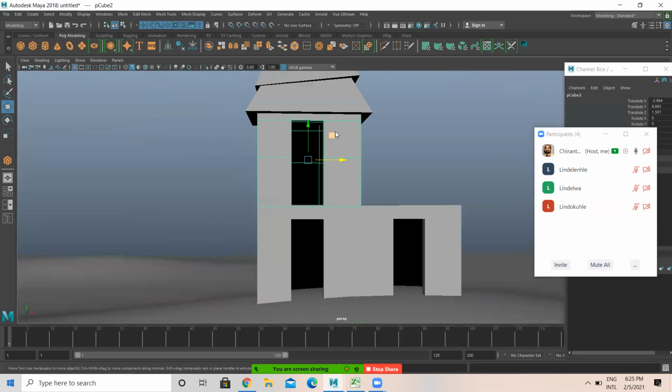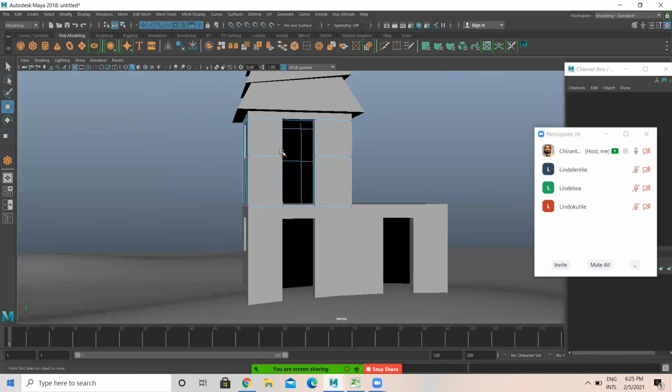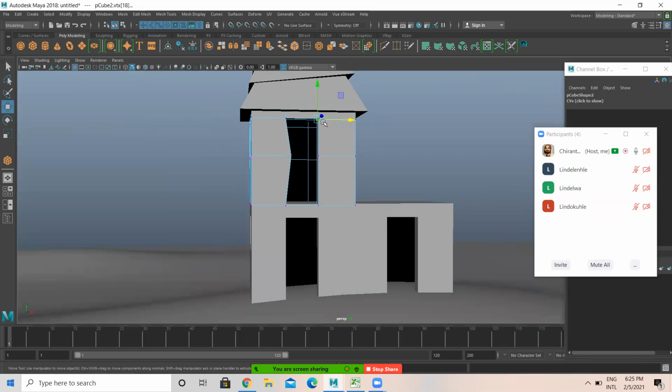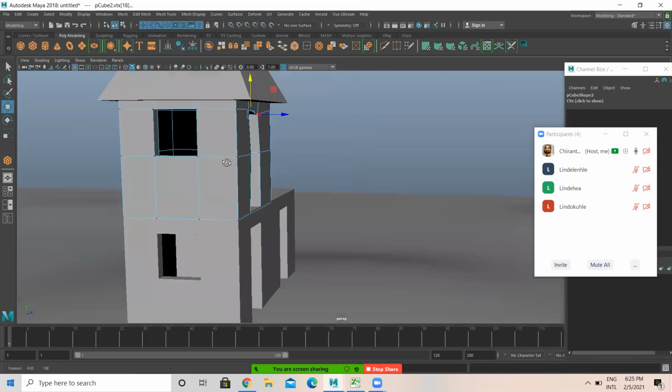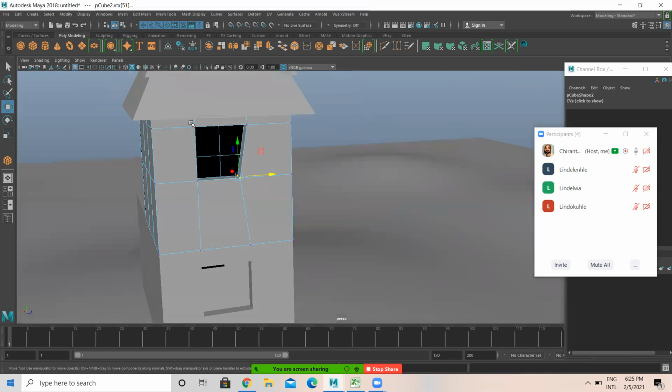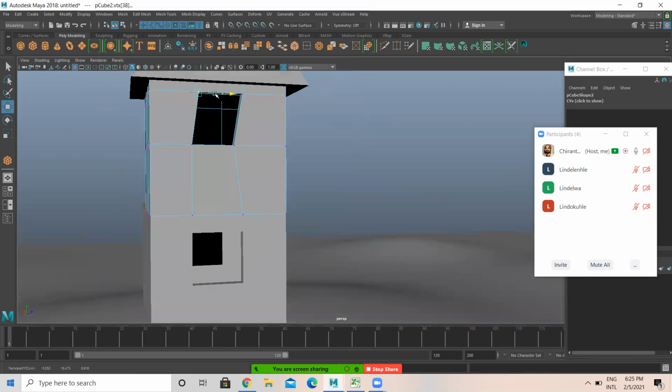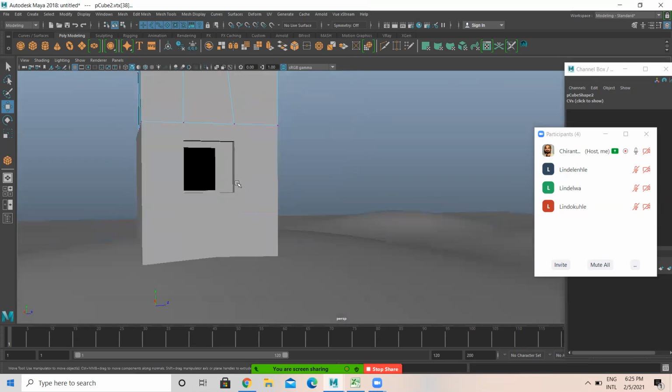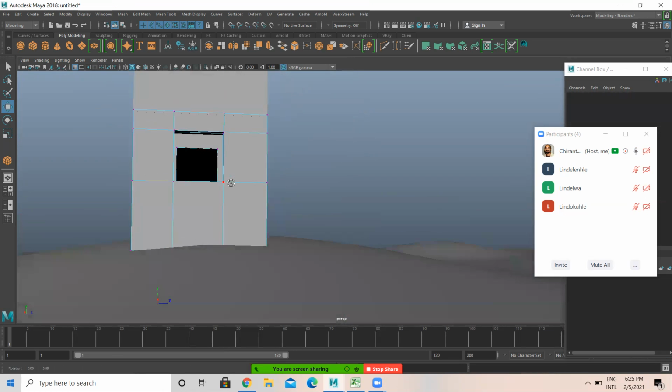Then the door part and all, I don't want this to be straight. So I'm selecting this, like this. The window part, like this. Select this, right click, vertex.